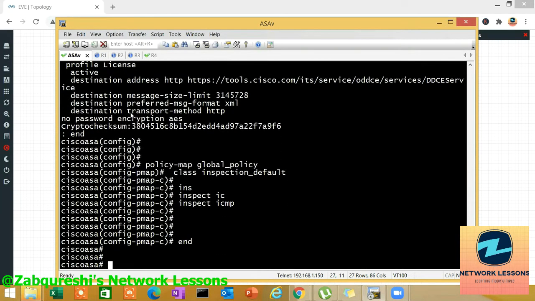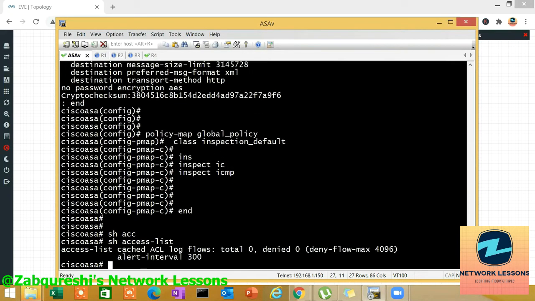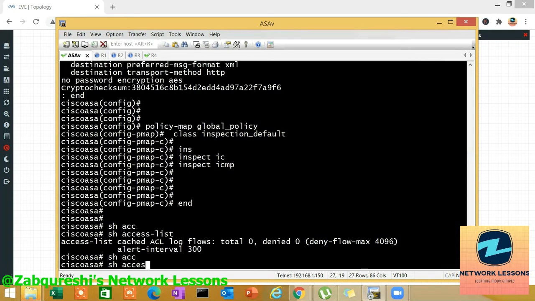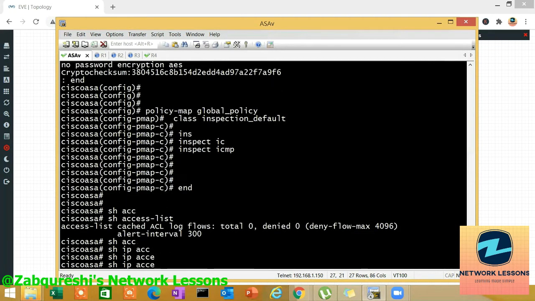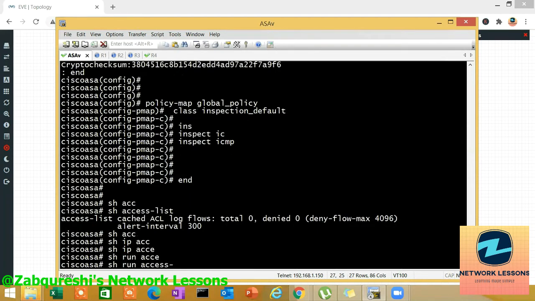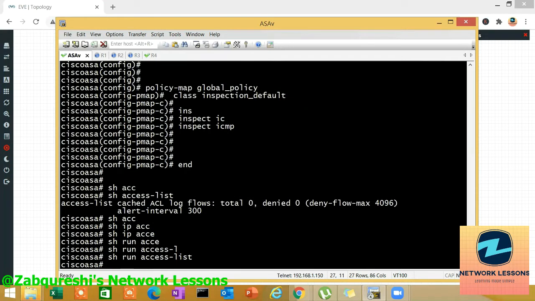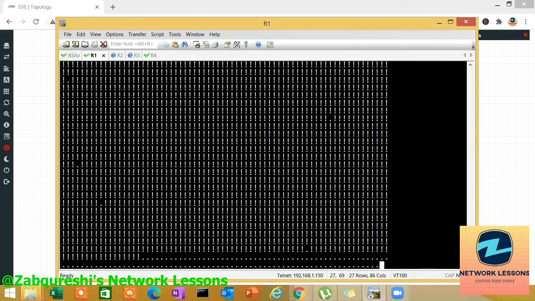Now if I go and show access list, there will be no access list. Show access group, show access list, IP access list also. I don't see any. Show run access list. Let's see. Okay, I don't see any access list. So now if I do this ping,